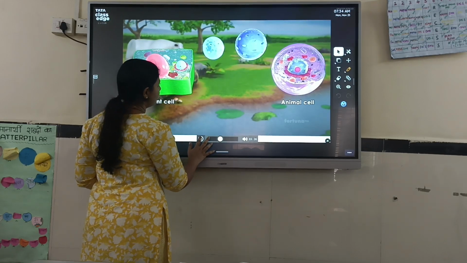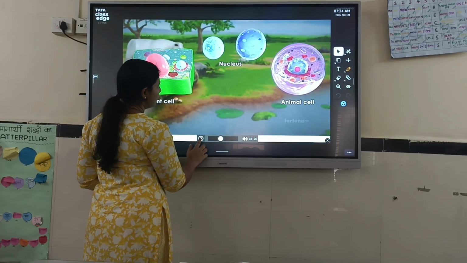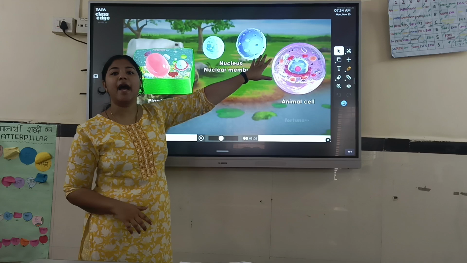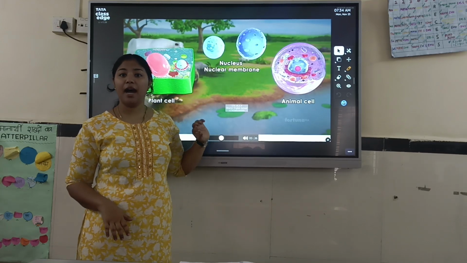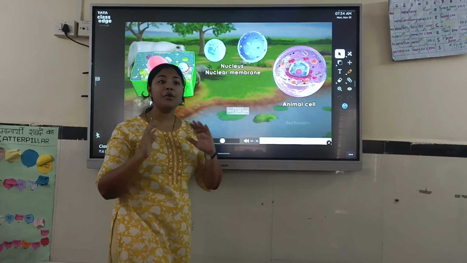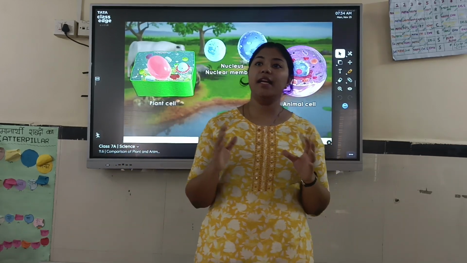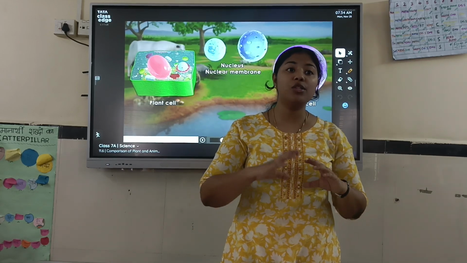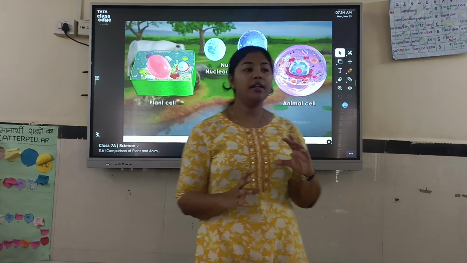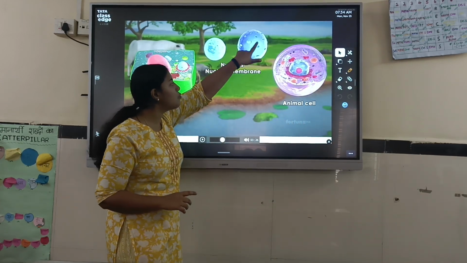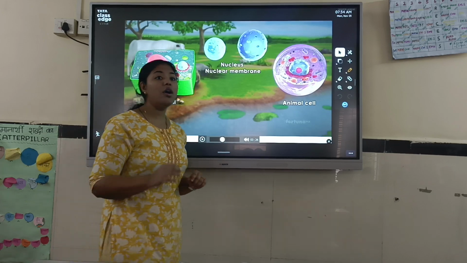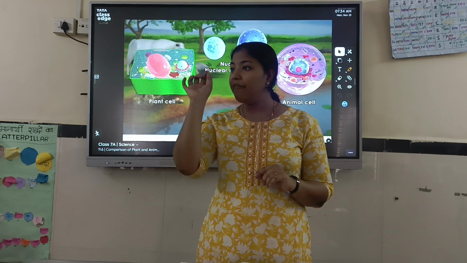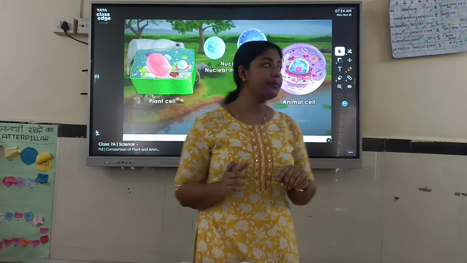Within the cytoplasm sits a spherical nucleus that is covered by a nuclear membrane. So this is the nucleus which we have, the nucleus in the animal cell and the nucleus in the plant cell. It is covered with a nuclear membrane. So the cell itself has a membrane. Other than that, the cell organelle, that is the nucleus, also has a membrane of its own. Now tell me, when you look at this, can you see small holes here? So the nuclear membrane is porous in nature. Porous means we have small holes on it.